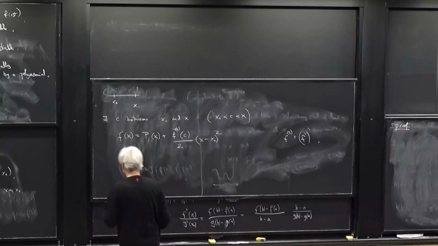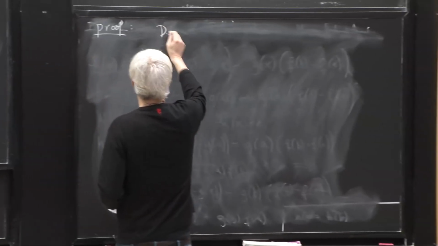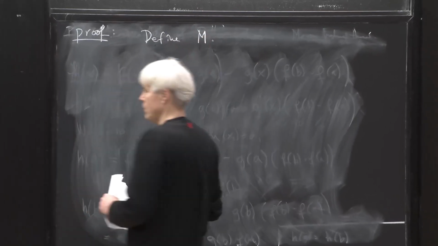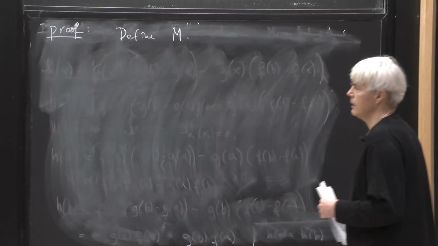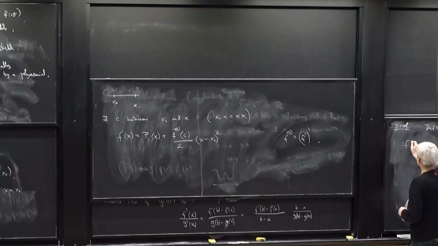We define an M. M is just some real number, and it's defined so that f of x,